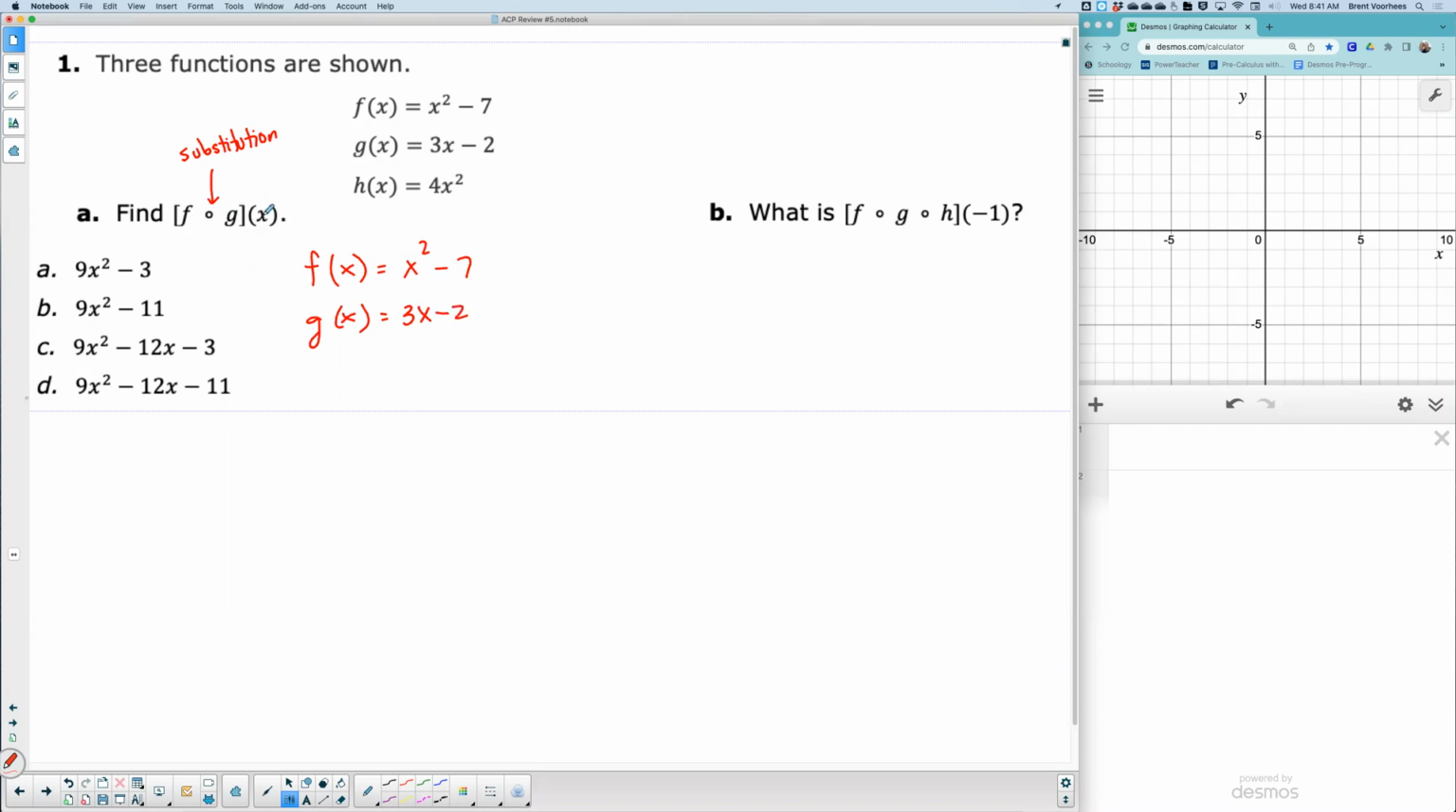3x minus 2. Now this is just an x, so I don't have to worry about doing anything below. Over here, if I was given a number, you would put the number and you would start substituting. Let's just say we had the -1 there. And I would substitute way up. Well, this is just an x, so I don't have to worry about that. What I do need to do to solve this problem is substitute the equation g into the x in f's